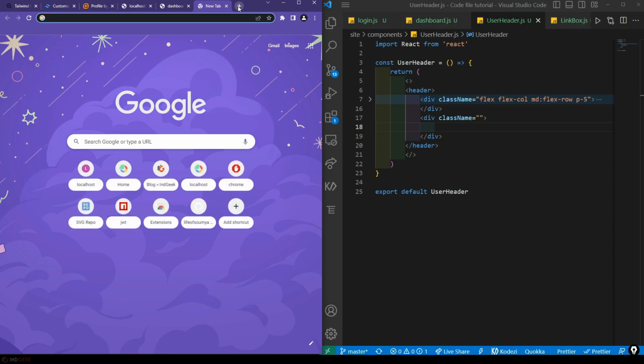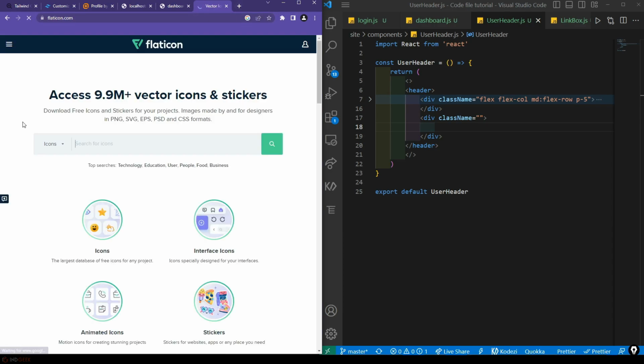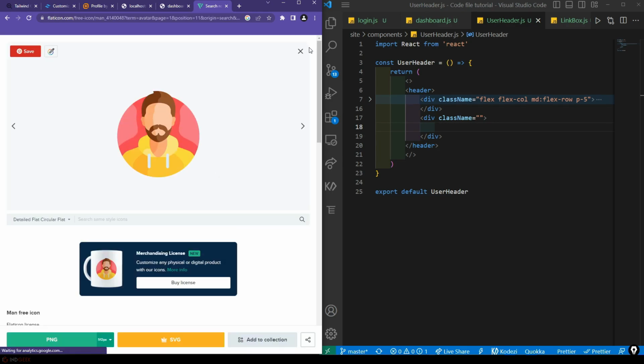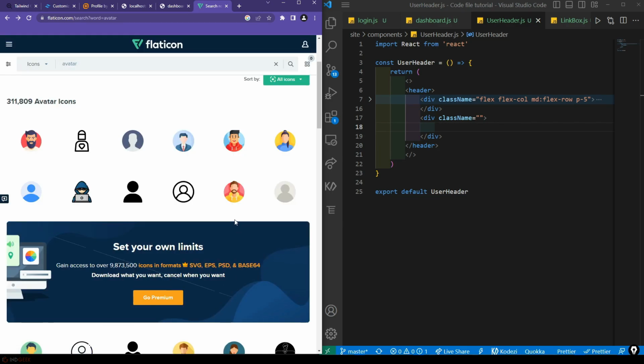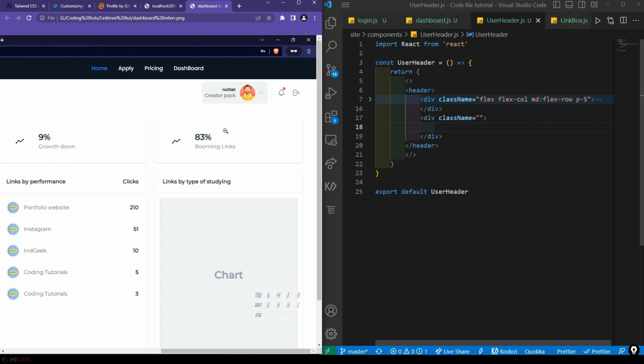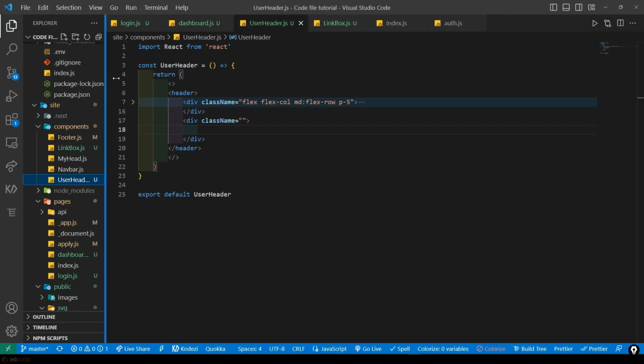For that we will use Flaticon, and here we will type avatar, and this is the avatar we've been using. If you want the same styling but another gender, we have this character too, but I will use this one. Copy image address. And while creating our database model, I once mentioned that we will be needing an avatar default